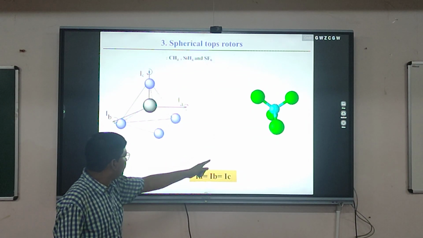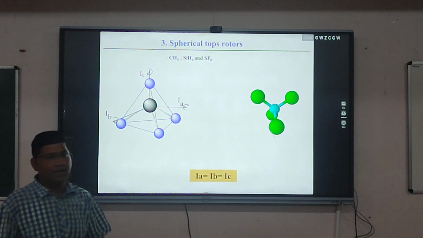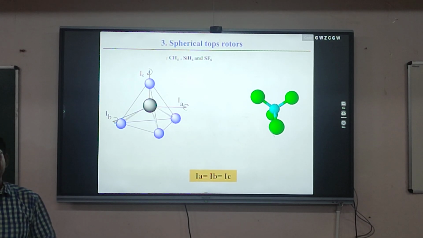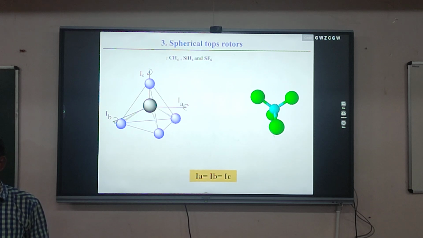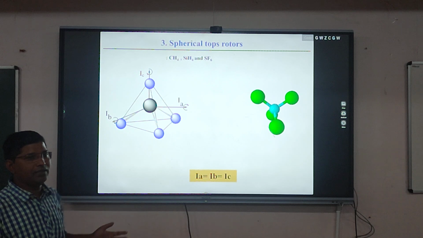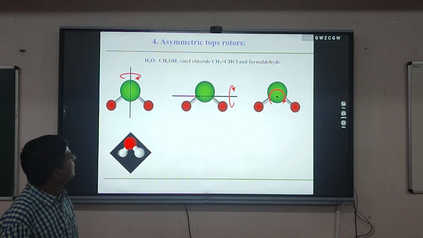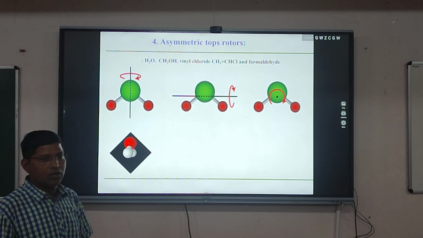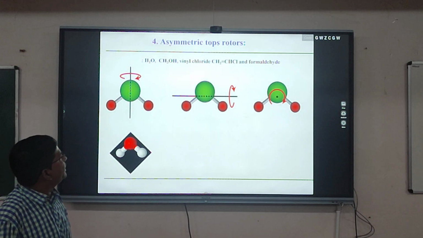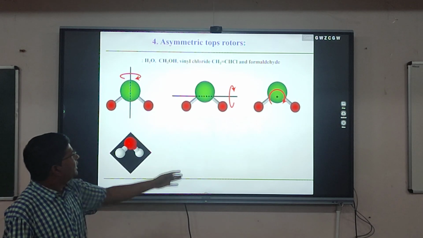This time, all the moments of inertia in all directions, along the bond axis, in the plane, and perpendicular, are equal. If the moment of inertia along the three axes is the same, then the molecule is microwave inactive, meaning it will not give a spectrum in microwave radiation. This is the last example of rotating molecules. These molecules are called asymmetric top rotators.